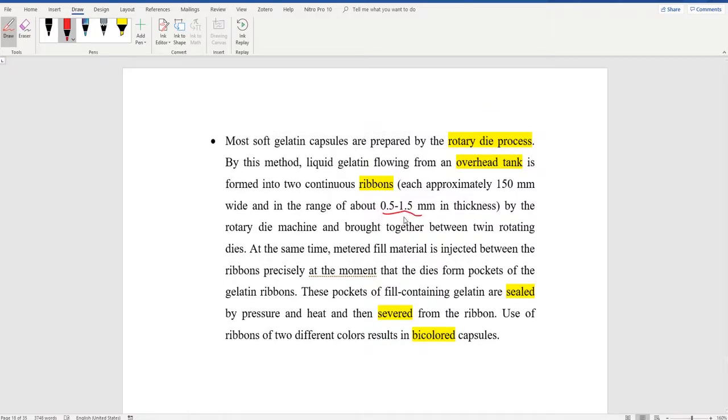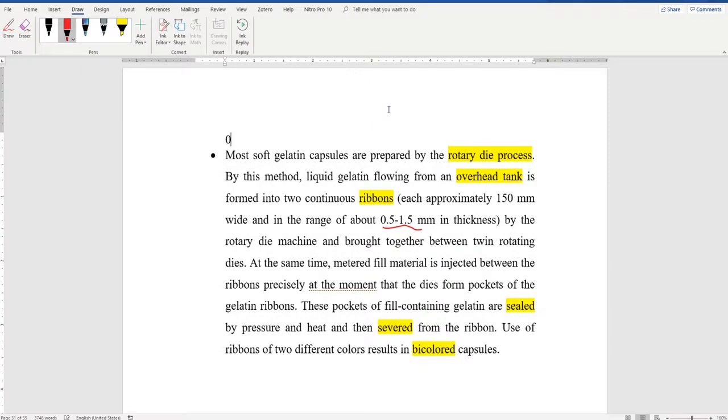Okay. طيب, why I'm saying about the thickness? هلا شوفوا هون, this is 0.5 to 1.5 millimeter, بينما compare it to the thickness of the hard gelatin capsules, you will see that the thickness of hard gelatin capsules is actually